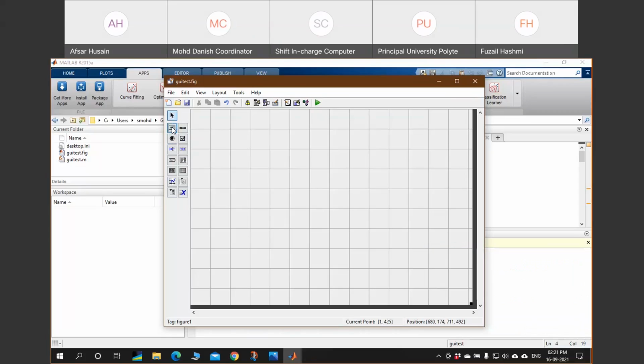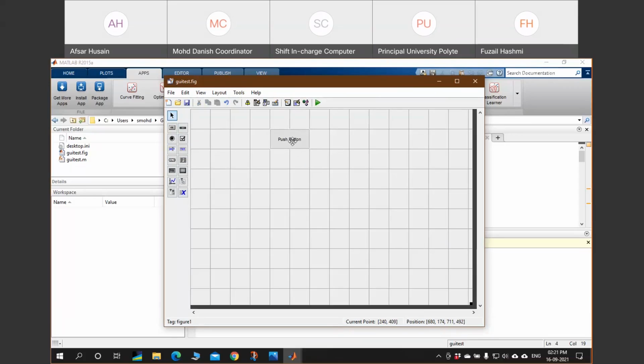Just hold this icon and drag it in your editor. I am just holding it and dragging it over here, resize it so that it will be readable. So this is a push button.